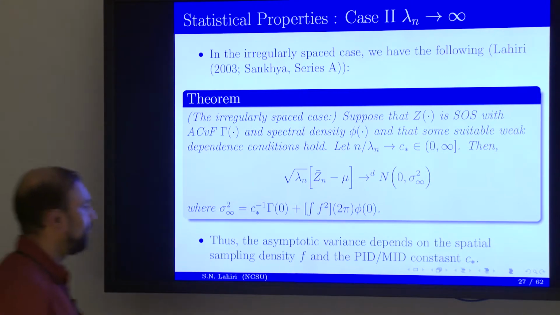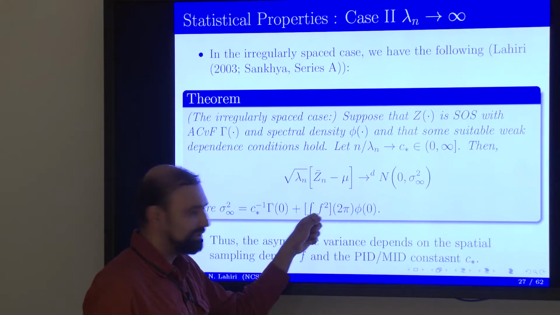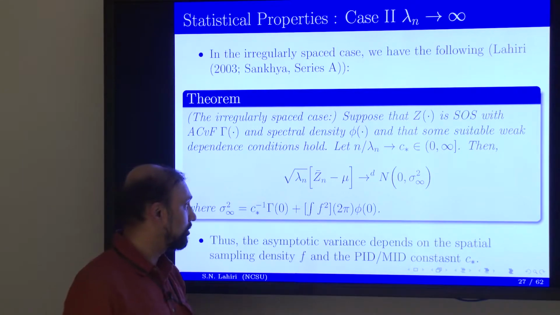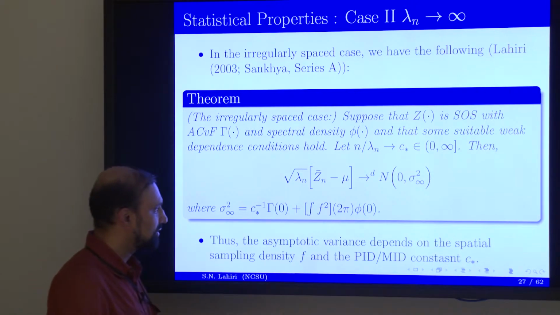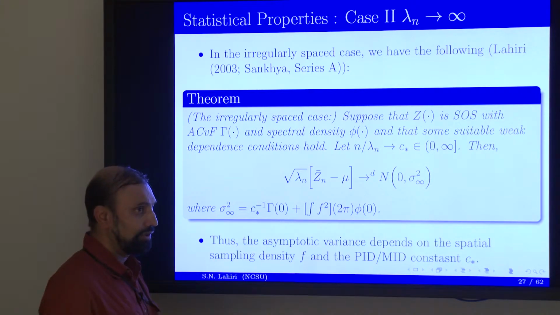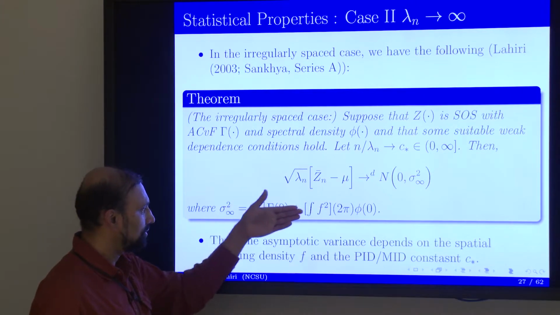And this is the sampling density, the non-uniform distribution of the points. Somehow you are able to capture the effects of all of that non-uniformity with this function f. So that's the simplification I was talking about. Otherwise, you have to carry around some arbitrary functions of S1 through Sn, how they are distributed. And this gamma 0, of course, is the variance of the Z process. When c star is infinity, that drops out, you get some reduction.